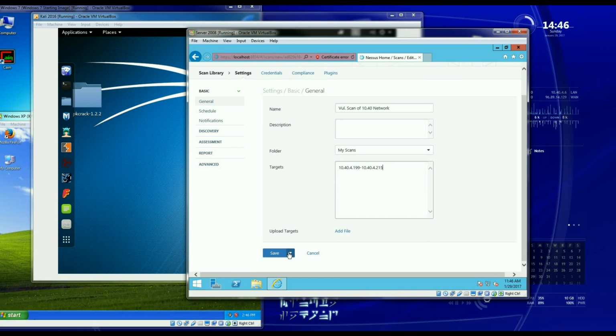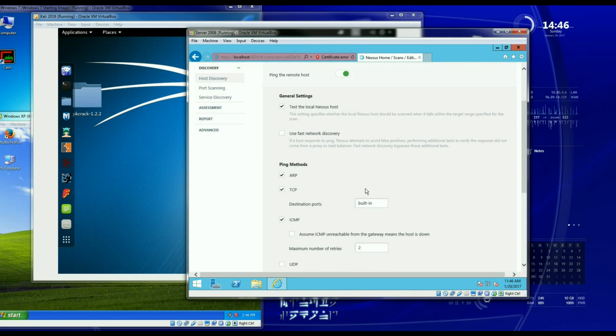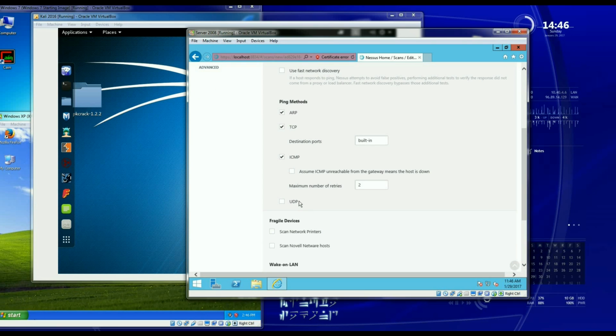Now, you don't have to save the scans. There's some extra stuff you can go over here too, like schedules and notifications and what you want to discover, whether you want to turn on pinging. If you want to test the machine that Nessus is installed on, I'll keep that on just so you can see it. And then the type of ping methods, TCP, ICMP, UDP is turned off by default because it definitely